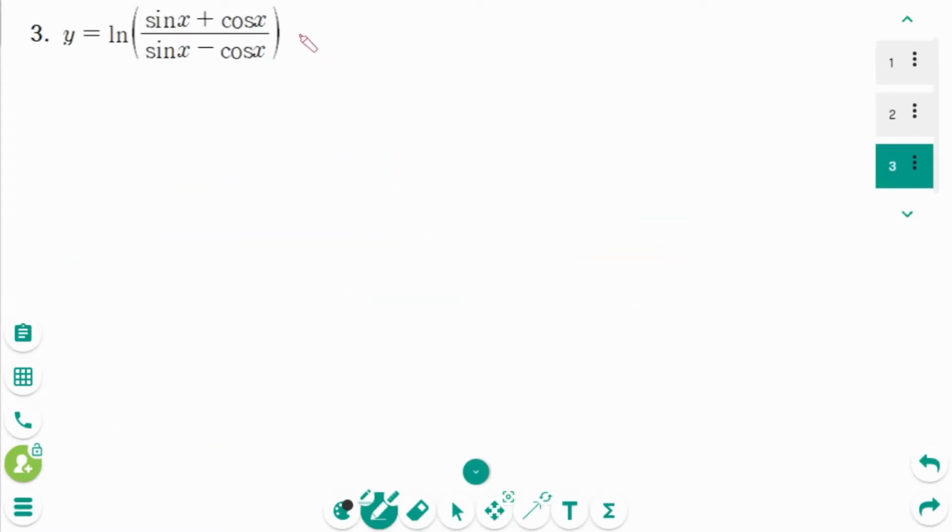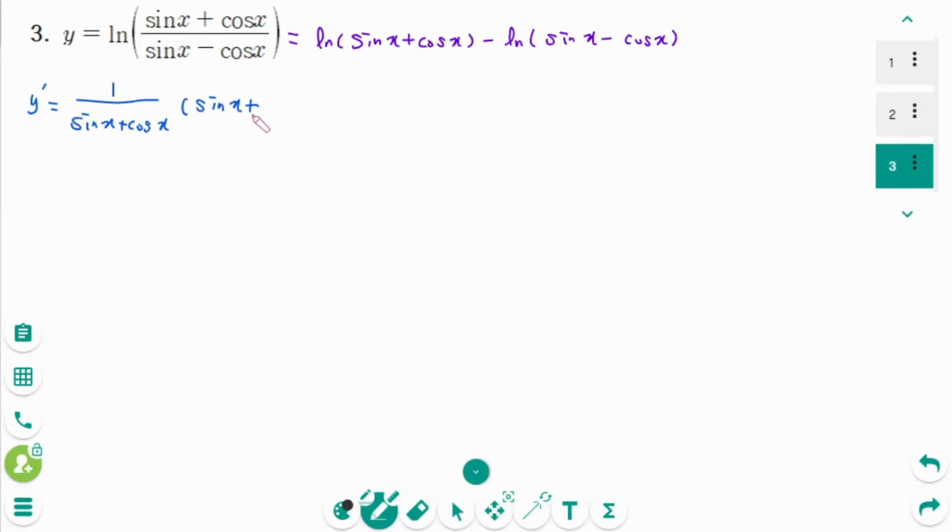Question 3. Y equals, using the logarithmic property, ln of sine of x plus cosine of x minus ln of sine of x minus cosine of x. Y prime equals 1 over sine of x plus cosine of x times sine of x plus cosine of x prime, minus 1 over sine of x minus cosine of x times sine of x minus cosine of x prime, equals